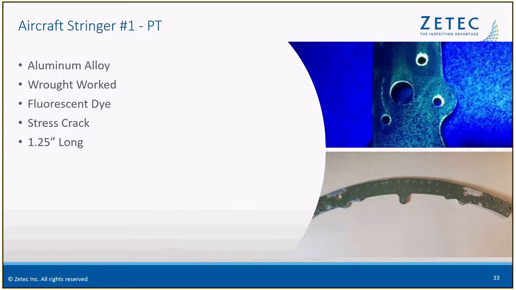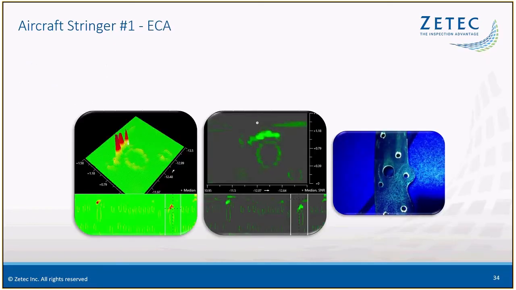So for some examples, this is an aircraft stringer, and this was done with dye penetrant. It's a fluorescent dye, and this particular part is aluminum alloy. It was wrought worked, and it has a stress crack here. You can see the stress crack showing up around that whole part, and it was about 1 1/4 inch long. So that same part scanned with eddy current array, the stress crack is right there, and you can see clearly